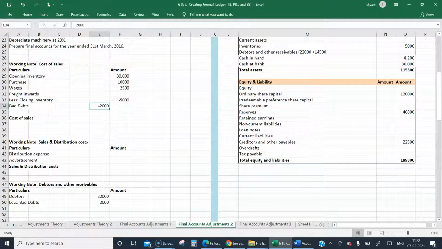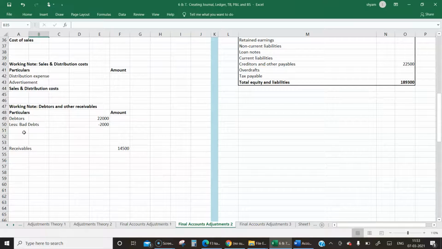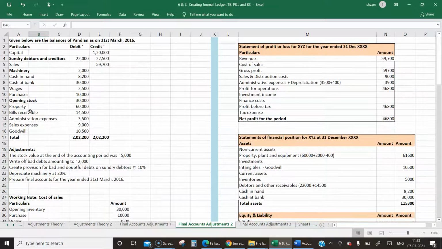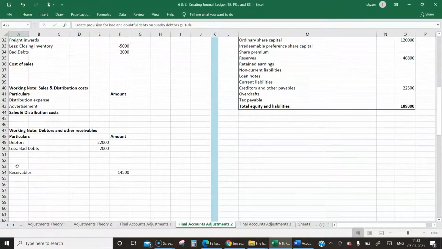So if any item comes as an adjustment, it has to come in two places. So the next one is: create a provision for bad and doubtful debtors at 10%. So we have to create an allowance or provision